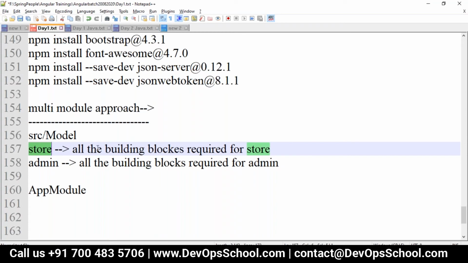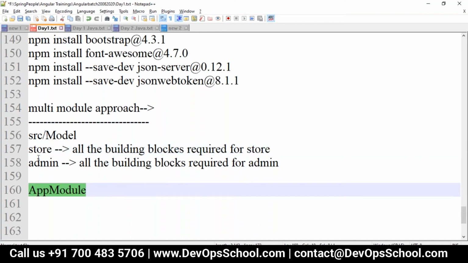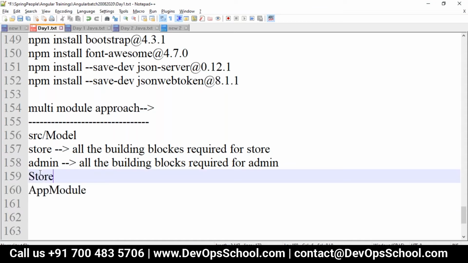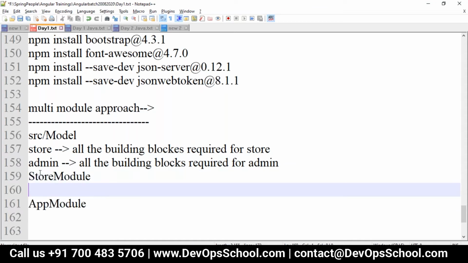All the store related components should be registered only to the store module, and that store module will be imported into the app module. The admin module will register all the admin components. We will have the store module and the admin module. However many modules you want for your project, that many modules you can have.